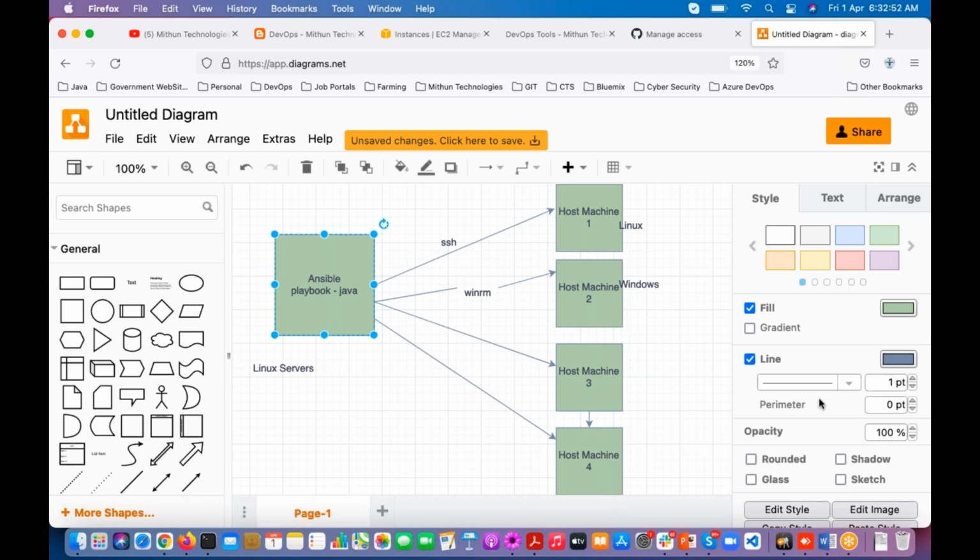So Southern is asking, in case of Mac OS, what is the connection type? So far I didn't use it, madam. Maybe I will check. So just remind me after the session, after 9 o'clock. So far I was using Linux and Windows as my host machines. I didn't use this Mac. Okay, maybe I will check it.